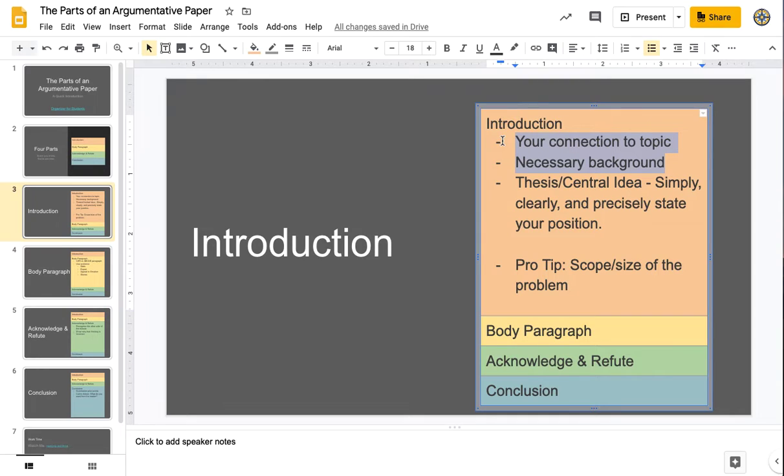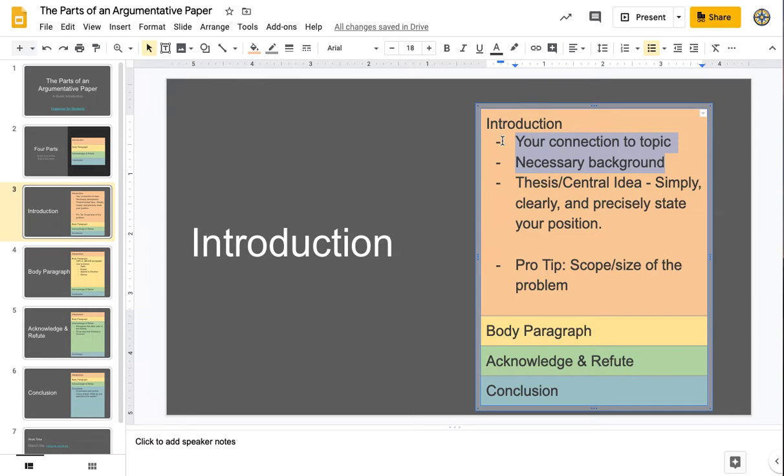Oftentimes in a persuasive piece of writing, particularly letters, we start by explaining our connection to a topic. For instance, if I were writing to the school board in Saline area schools about purchasing books for classrooms, I might introduce myself. Hello, my name is Mr. Spina, and I am a 7th grade teacher in Saline Middle School. That way they understand my connection to the topic of books in my writing, like who is this person and